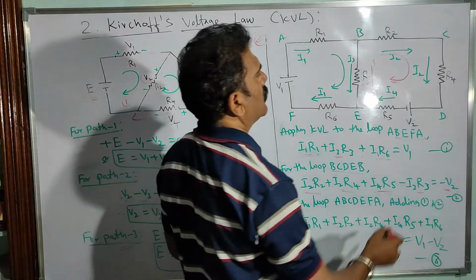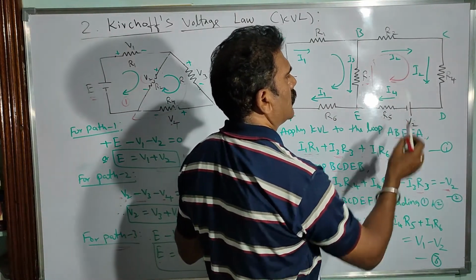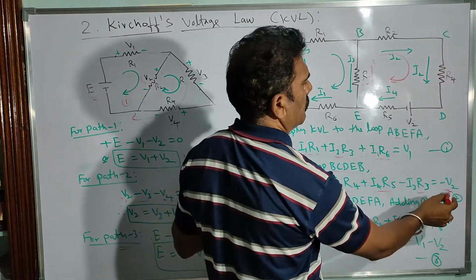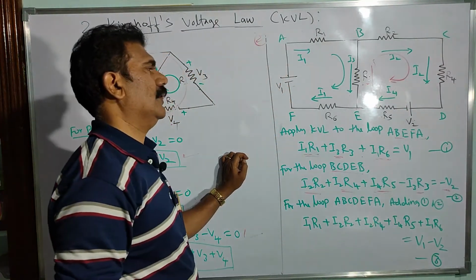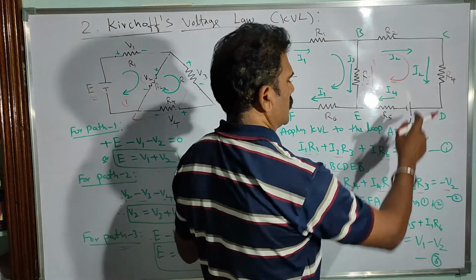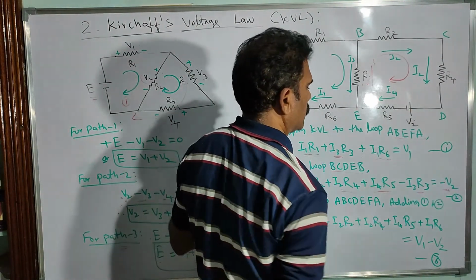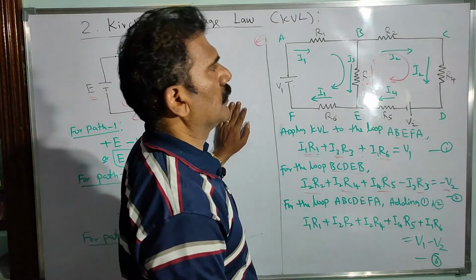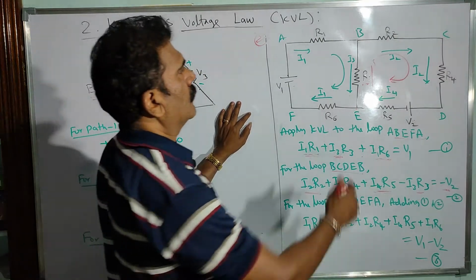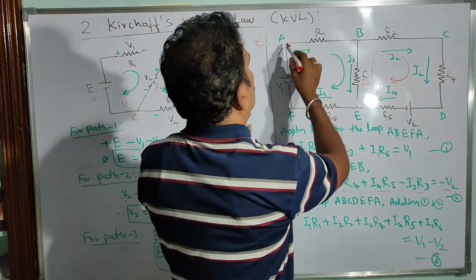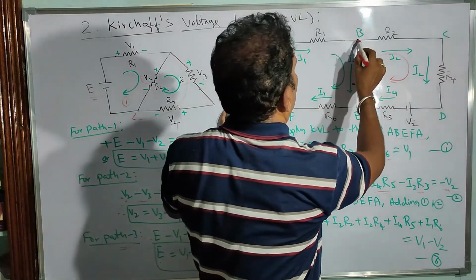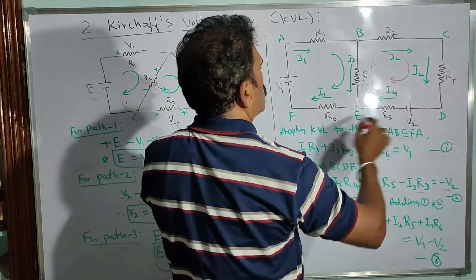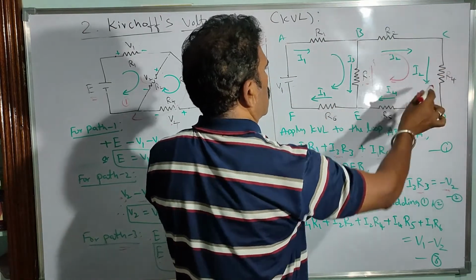Minus V2, because the potential considered here is opposite to the voltage drop across each resistor. So the terminals are reversed here. That is why you can write the equation with minus V2. So this is from the second loop. Now look at the third loop. Where is the third loop? You have to ignore the resistor R3 and consider from A to B, B to C, C to D, D to E, E to F and F to A. So this outer loop of the circuit must be considered.